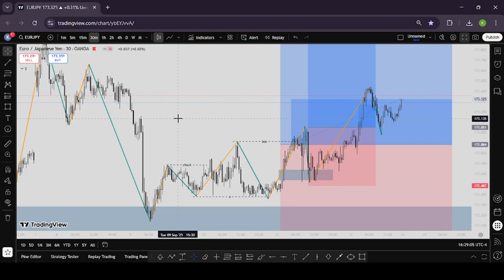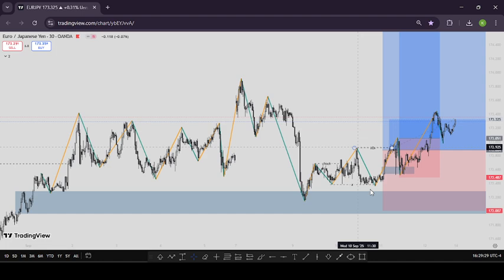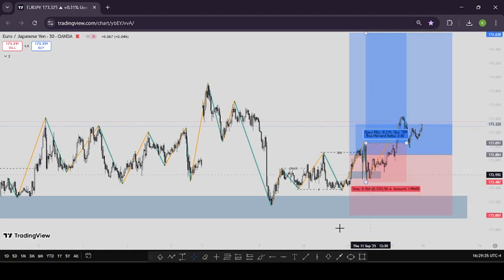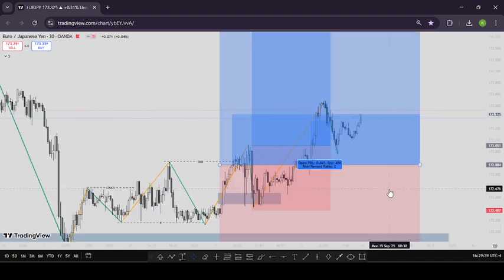My second entry was on this 30 minute setup where there was a change of structure and price came back, had a liquidity sweep, then I waited for a break of structure